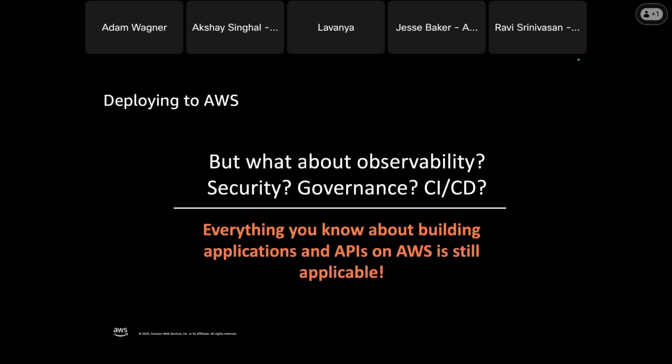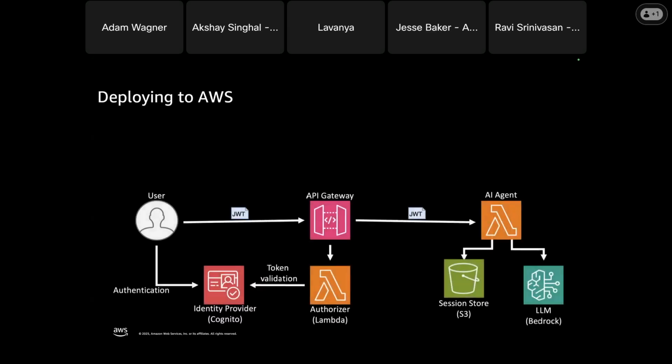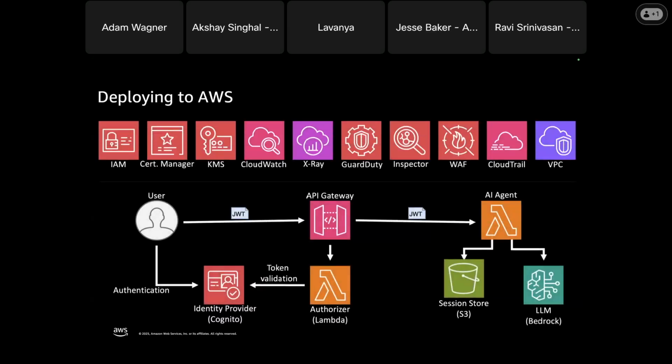And so everything you know about building applications and APIs on AWS is still applicable. So if you've built these types of applications on AWS before, you know there's a whole bunch of tools that you can use for the governance, the authorization, the security, all of those pieces. And they're all basically the same.